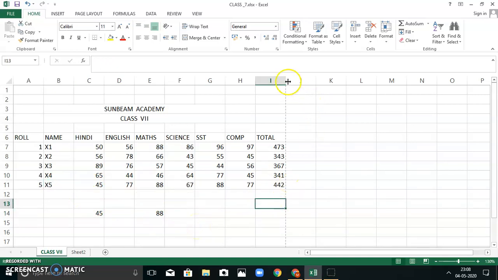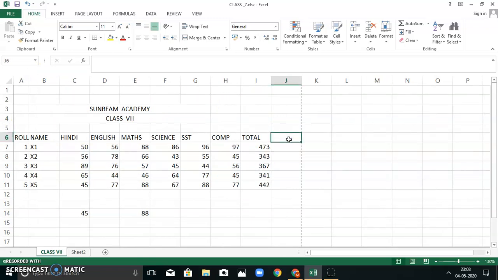Okay. Now children, one more thing is left, that is your percentage. Let's find the percentage again. I am writing PER for percentage. Now how to calculate the percentage? Press equal to sign. Okay. Then parenthesis. Then this is the marks obtained. So select this cell address. I7 is the cell address. I row, I column,